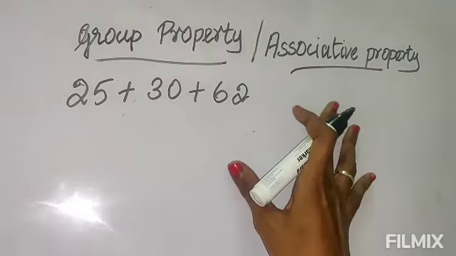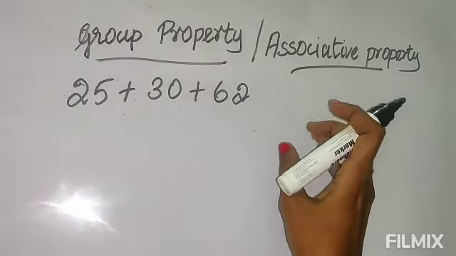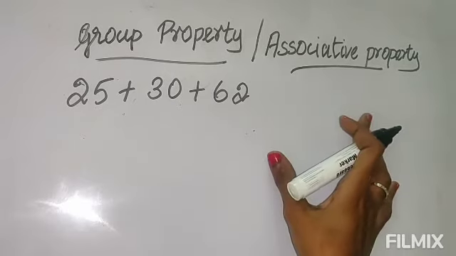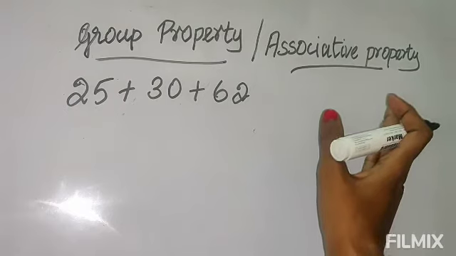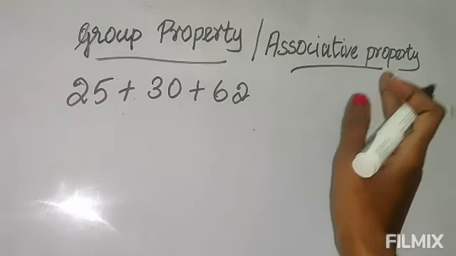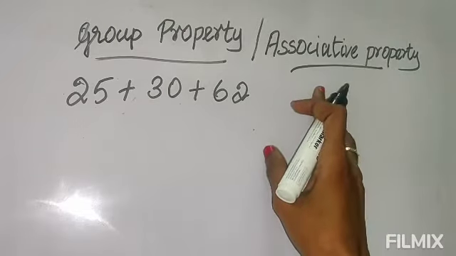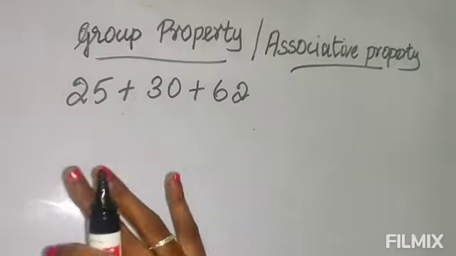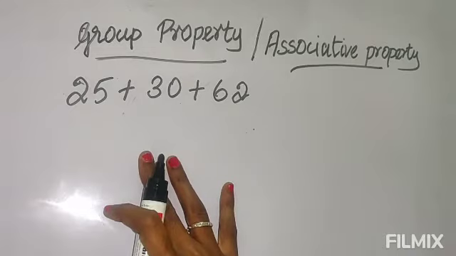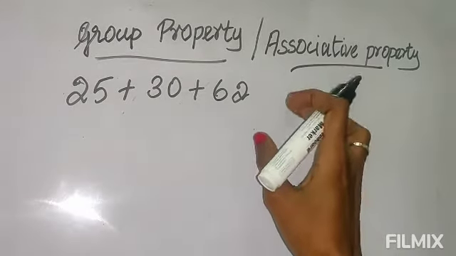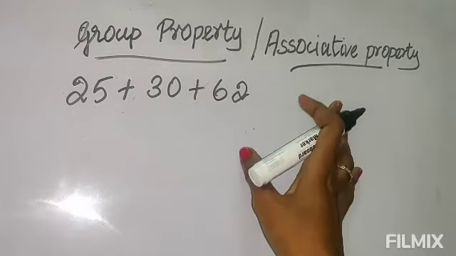Okay, so in associative property, association means it is a group. Association means a group of people join together and they do any work, no? As a company they do, that is called association. Same thing here, associative means group. From the word group itself you will understand, but association you may not understand. That's why I am giving the meaning, the other word is group only.